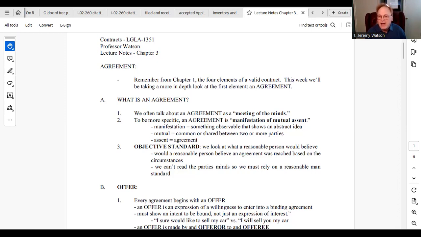When you read contract cases, you will see over and over again this term. An agreement is a meeting of the minds. A meeting of the minds. It's almost cliche. Now, if you're writing a brief to a court, don't you dare go get a thesaurus and try to find some substitute for meeting of the minds. Meeting of the minds is cliche, but it's a term of art. When we're talking about an agreement, we have to have a meeting of the minds.